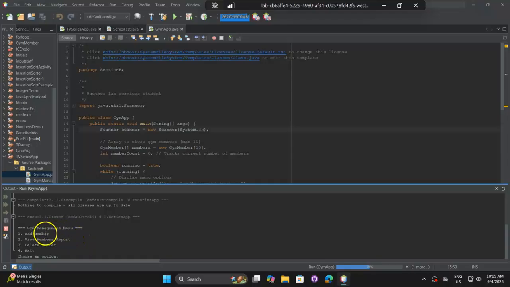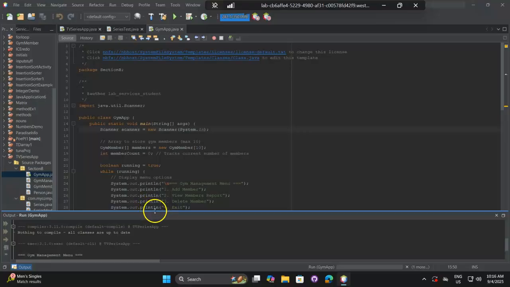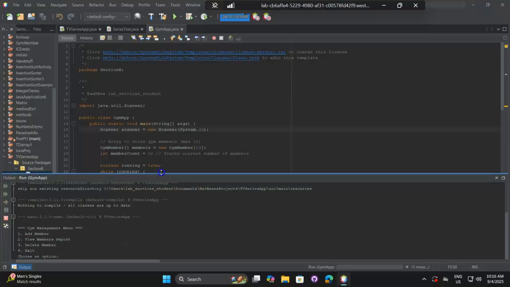Then over here, we have the gym management menu. So I've essentially created a gym management system where we can add members, we can view the members' reports, and then we can also get rid of members in this application. And then we can also exit the application. It essentially works the same way that part A of this assignment runs, but it's just less than what we already have over there. So we'll choose an option, we'll say add member,